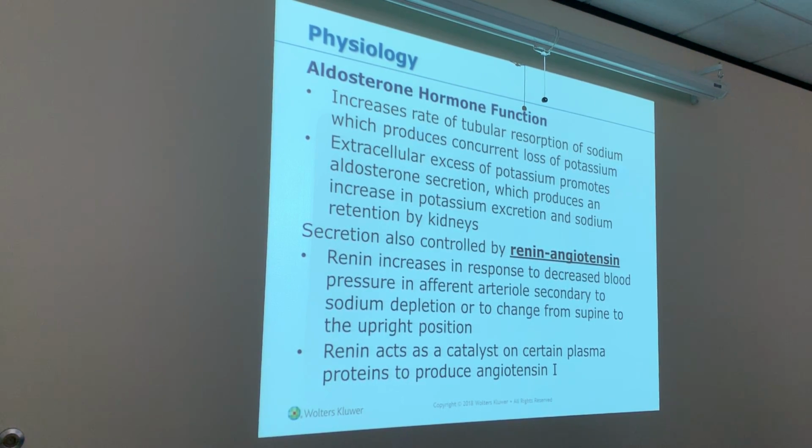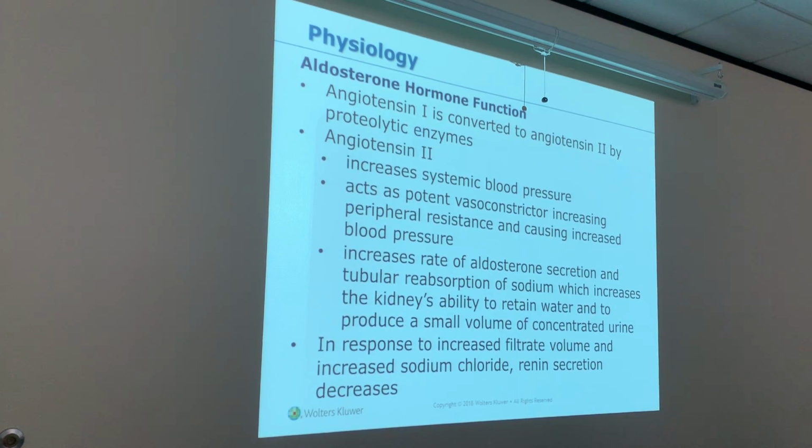So renin acts as a catalyst for certain plasma proteins, and it helps in the production of angiotensin 1. I'm not gonna ask you any of this, but you need to know that the hormones by the posterior pituitary gland is like a closed system. So if you're not having enough aldosterone, then your renin's gonna kick in, and the renin will help with the angiotensin that your body needs. Okay,